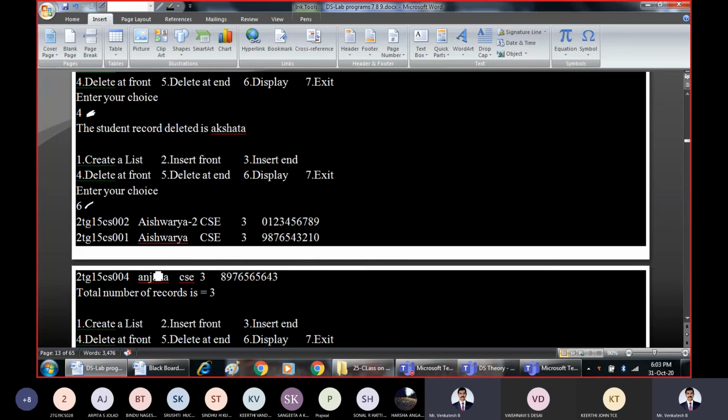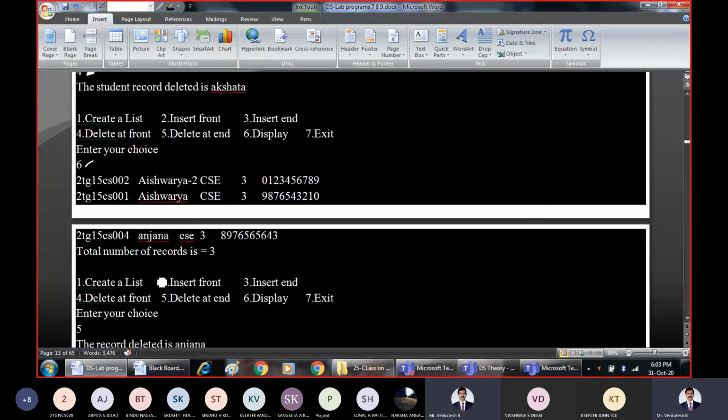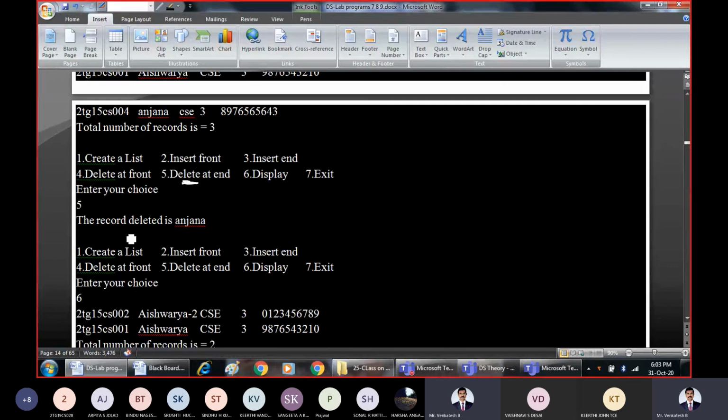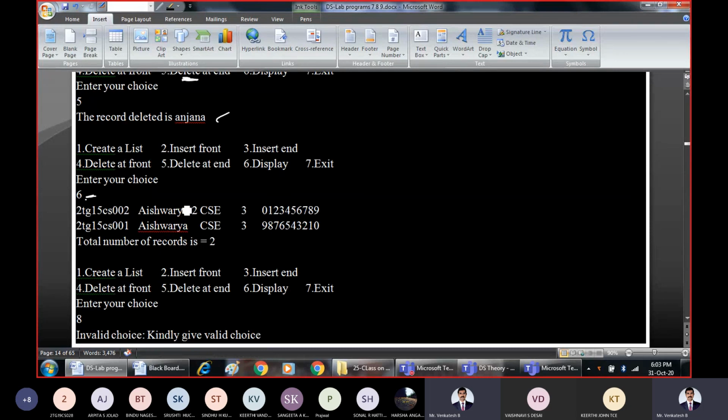Now if I perform choice 5, delete at the end, Anjana will get deleted. The record deleted is Anjana. When you display again with choice 6, we are left with the original 2 nodes, Aishwarya 2 and Aishwarya.